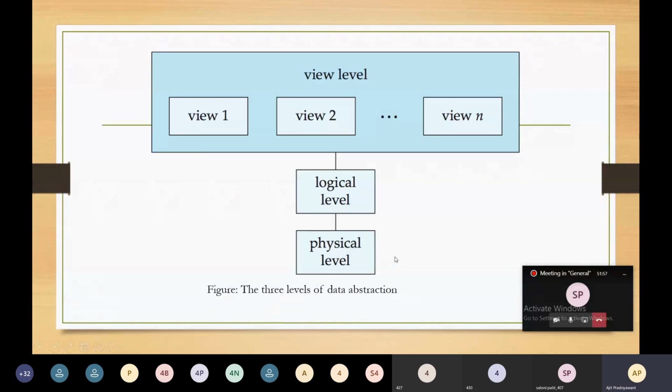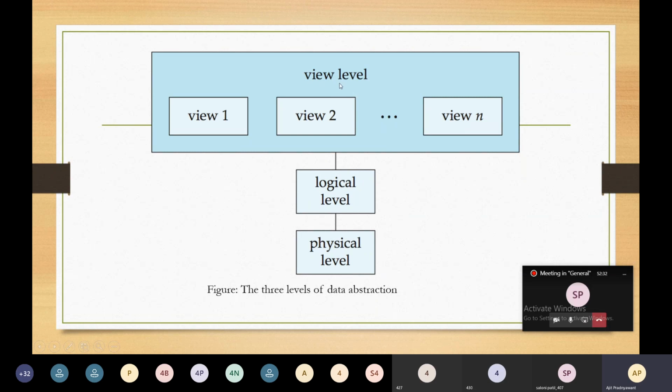As we have seen, the physical level is at the bottom level, and it describes how your data is stored in a database system. Whereas this logical level decides what data and relationships among the data are in a database system. This is the work done in the logical level.